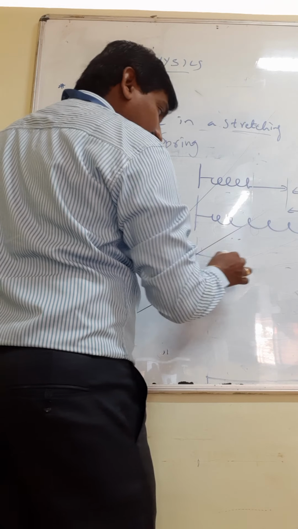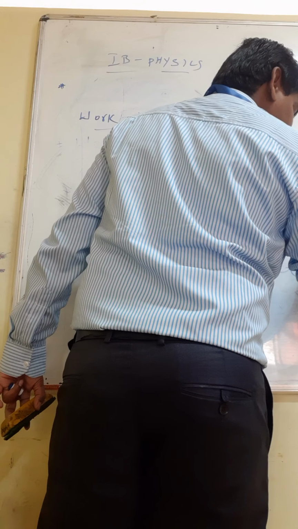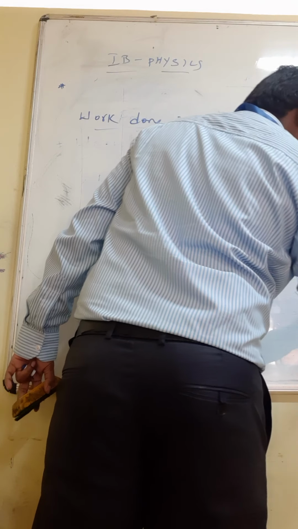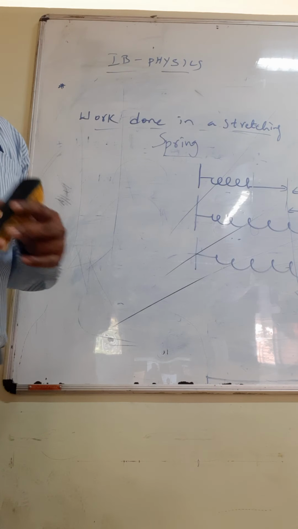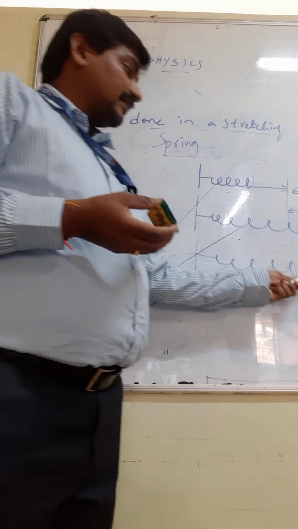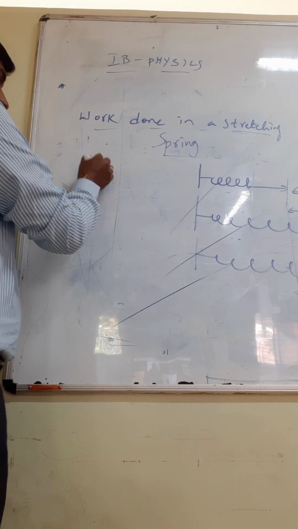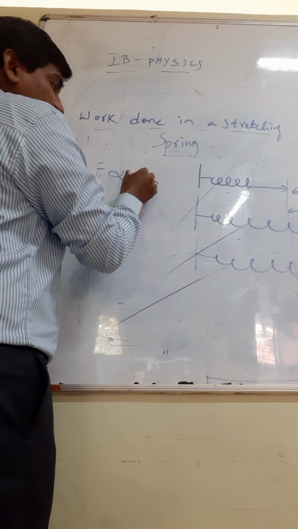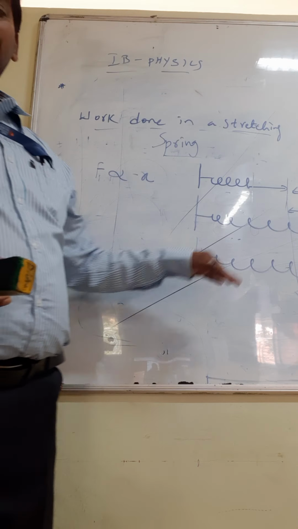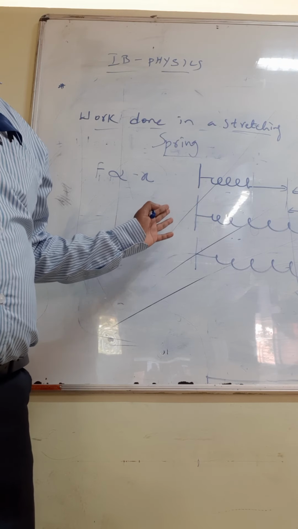Then if I apply a little more force to the same spring, it may stretch a little more due to the application of the force F2, and then it has displaced from here to x2 displacement. So by stretching there is a displacement in the case of a spring. According to Hooke's law, force is directly proportional to the displacement of an object, in the opposite direction. The moment you remove the force, the displacement takes place in the backward direction, that we say is the opposite direction.